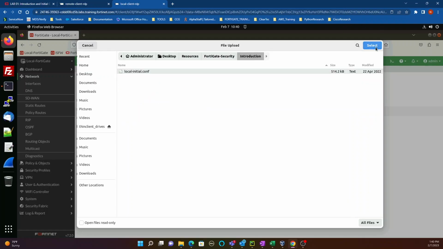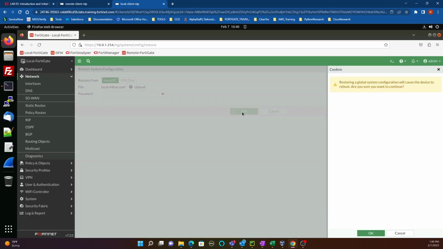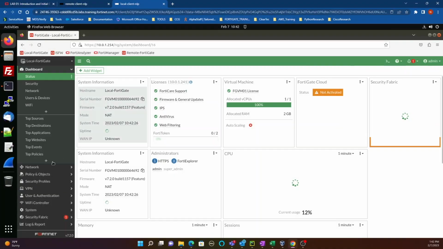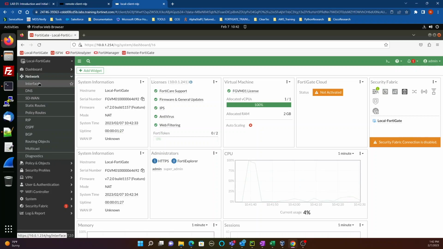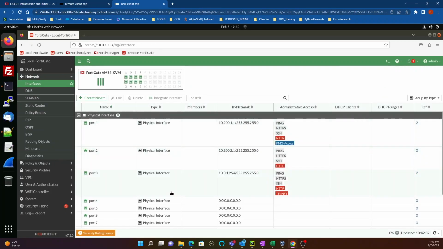This is the clear text one. I told you we're gonna do encrypted and clear text, and then the password. Oh, no password for this one, I believe. So minimize that. We're back in. We could go to network interfaces to verify again. Boom, everything's in there. So now what we're gonna do here is back it up to an